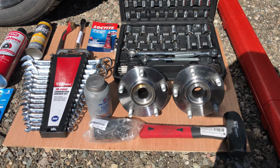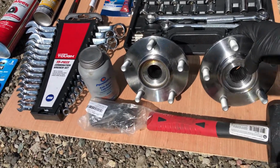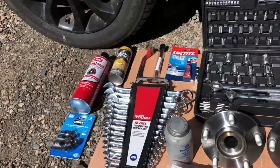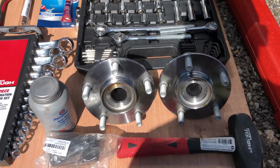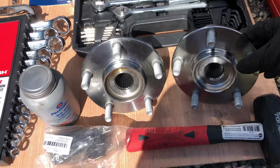Hey guys, Ralph here, and today I'm going to show you how to replace your wheel hub assembly on your Nissan Juke. Things we need: we have this new wheel bearing,